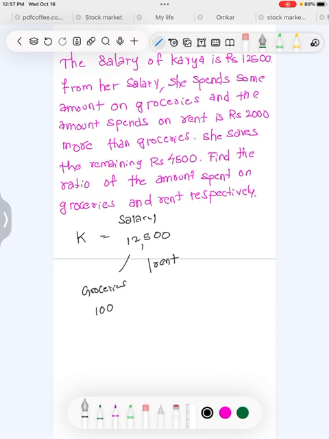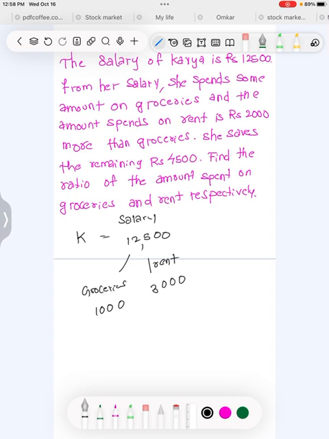So let us take groceries as 1000. Okay, so what it is saying, and the amount spent on rent is 2000 more than the groceries, right? Now let us take the rent as 3000. Okay, so